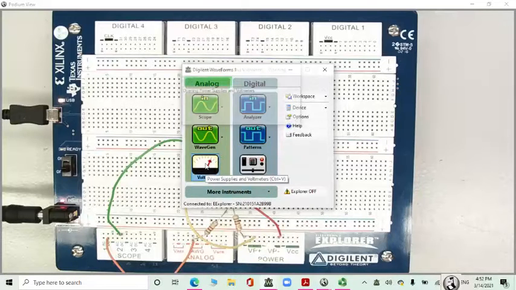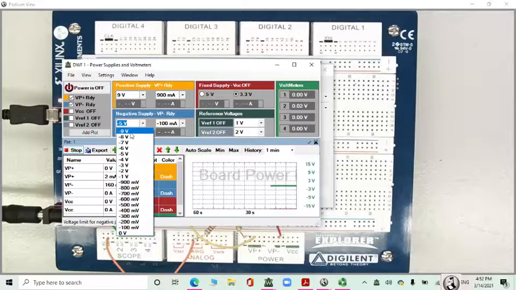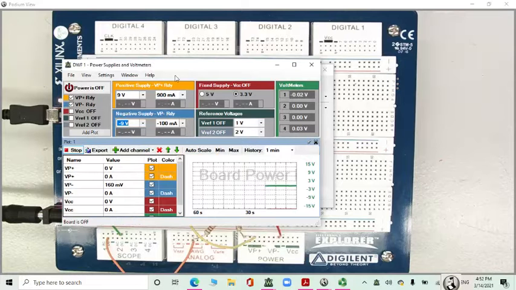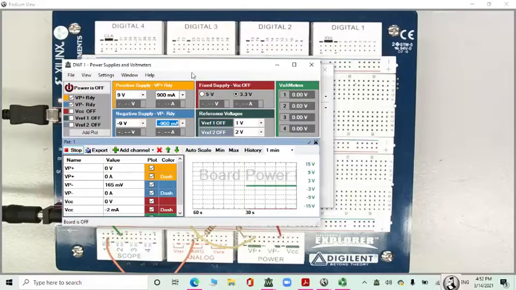So first, we have to supply our op-amp with 9 volts, and we are going to limit the current to 900 milliamps. Also, we are going to supply the op-amp with positive and negative DC voltage, 9 volts and minus 9 volts, and for both we are going to limit the current to 900 milliamps and minus 900 milliamps. So now we turn this on,